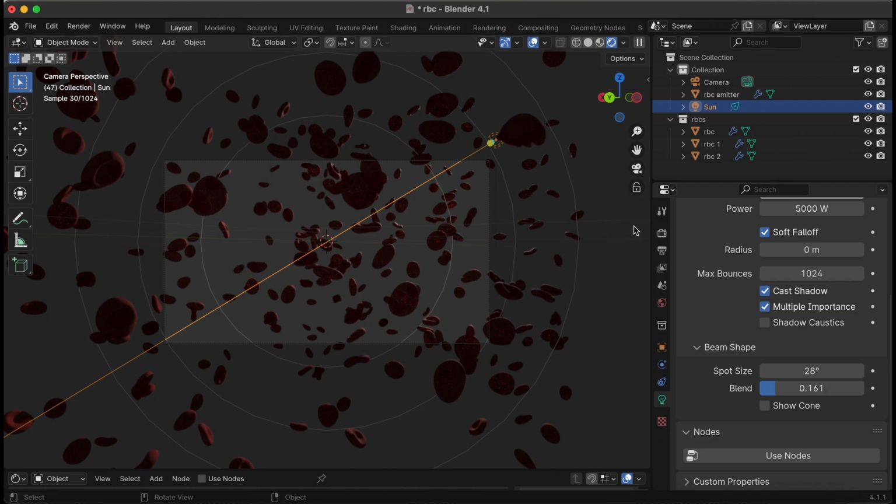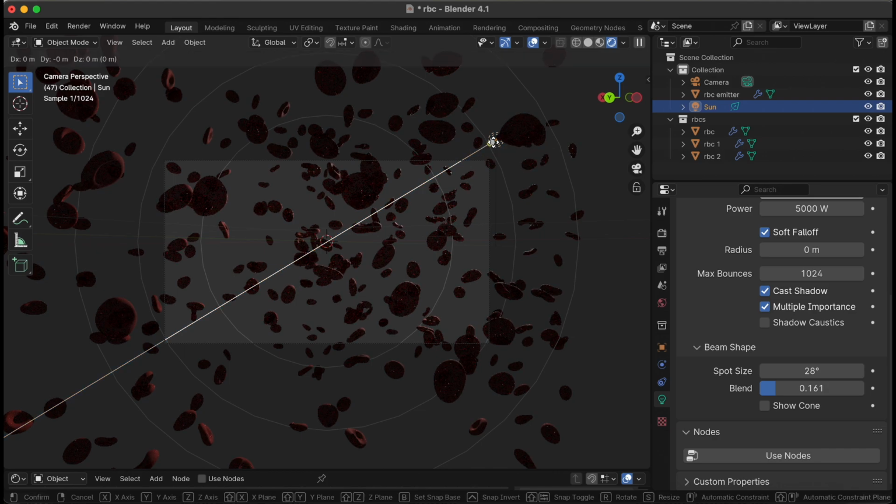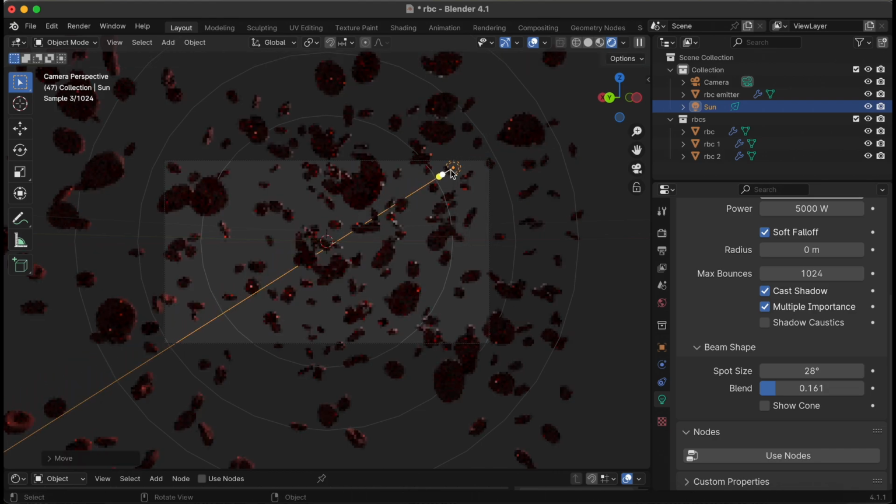All right. Okay, so now we sort of have our very, very basic lighting.